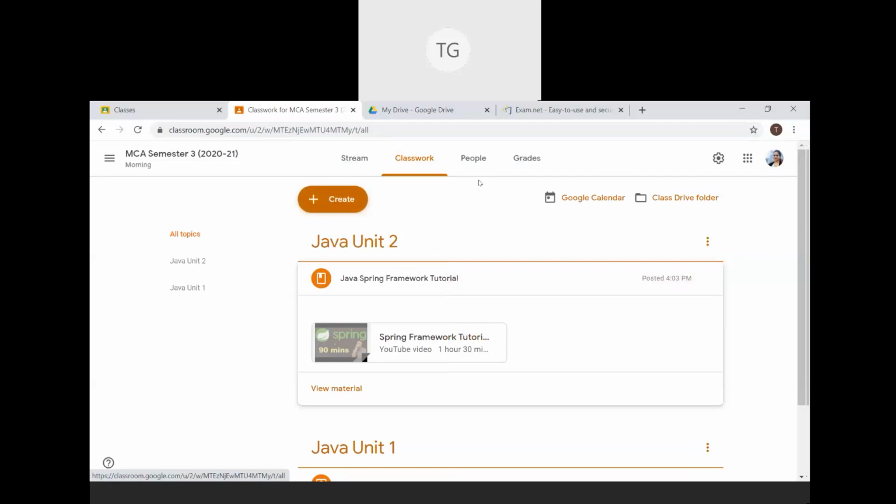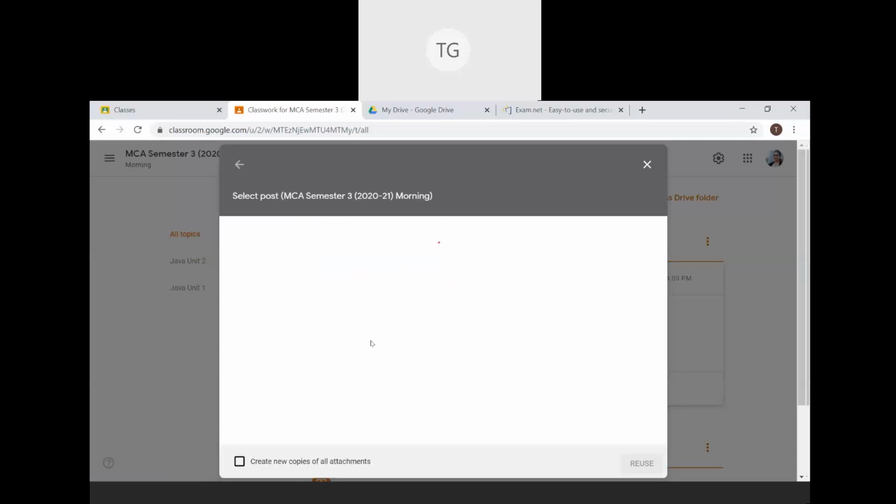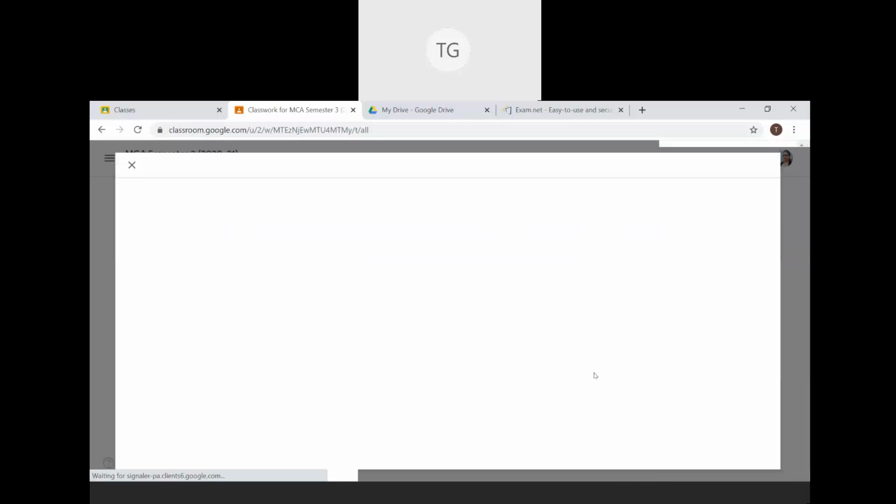Now there are certain other options such as reuse post. If you have multiple classes, like if we have a morning and an evening batch and there is a post that I want to reuse, I will select the post that I want to reuse and the classes where I want to reuse it, right?